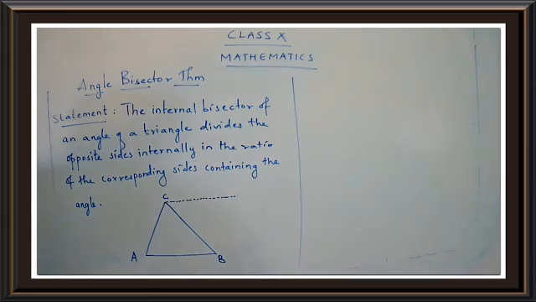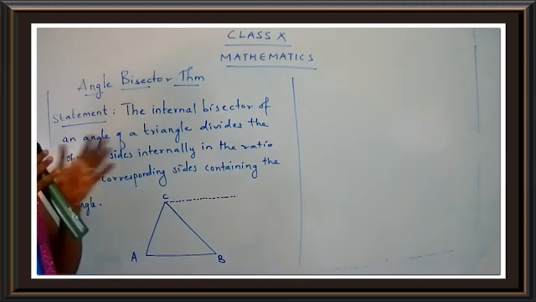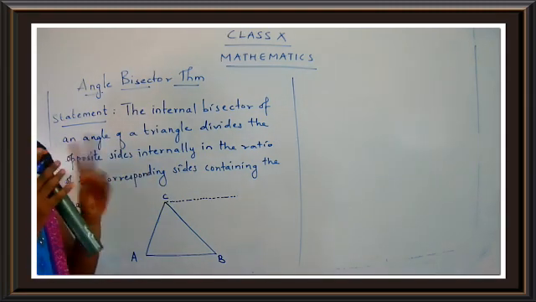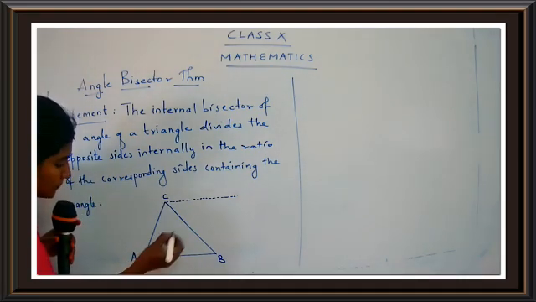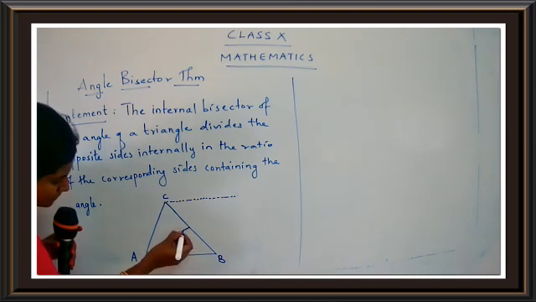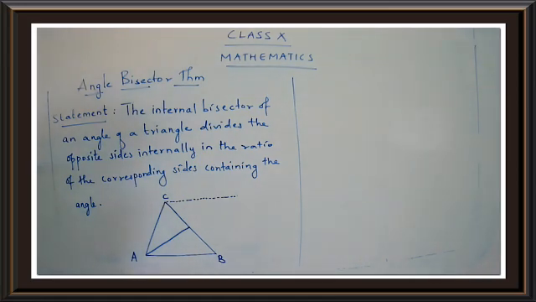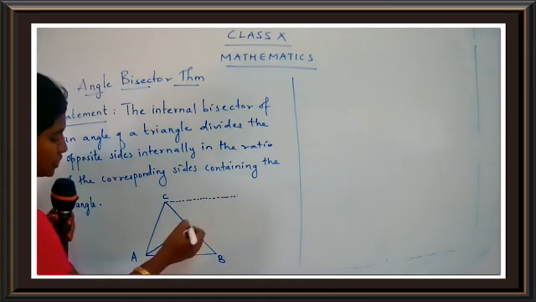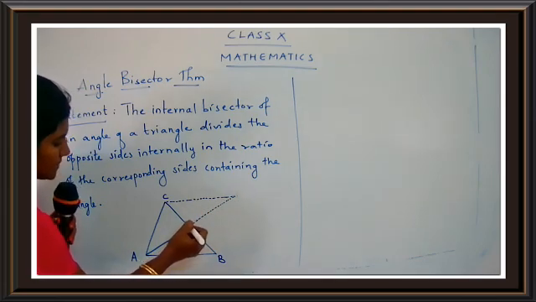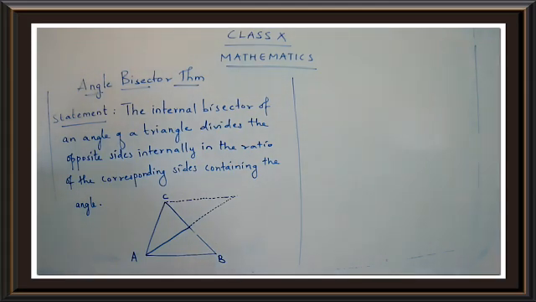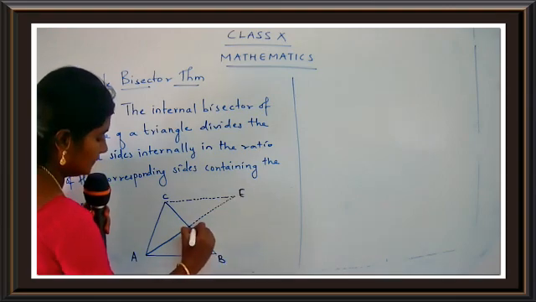And now what you have to do is, here they are talking about the internal bisector. Now what is the meaning of bisector? Bisector means dividing the angle into two equal parts. So here we are going to choose the angle A. First of all, bisect this angle. And now you are going to extend this line, and you have to join these two lines. Draw the figure neatly, children. I just name this as E, and I'll take this part as D.